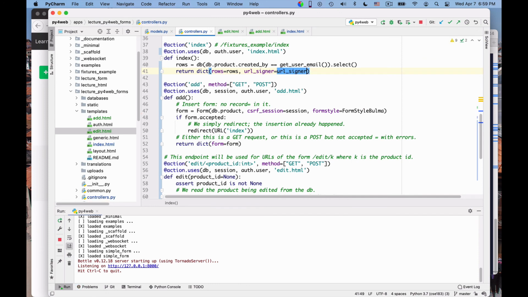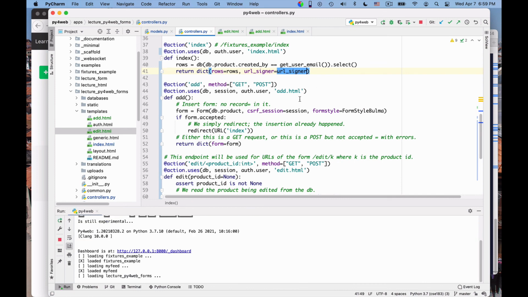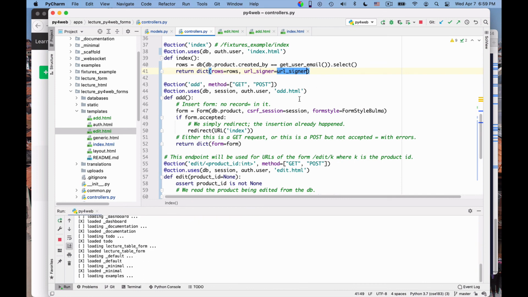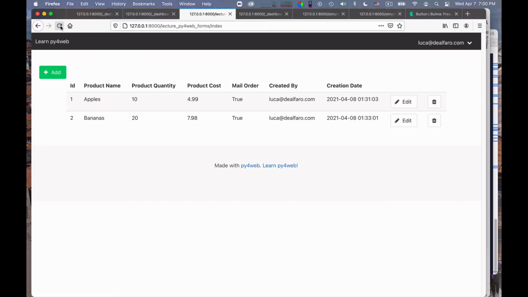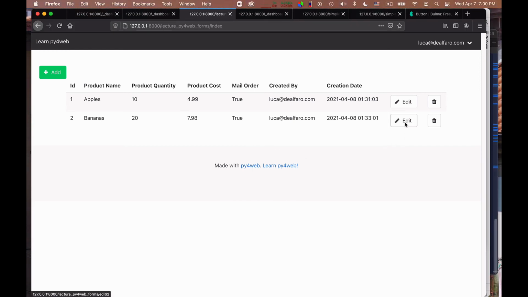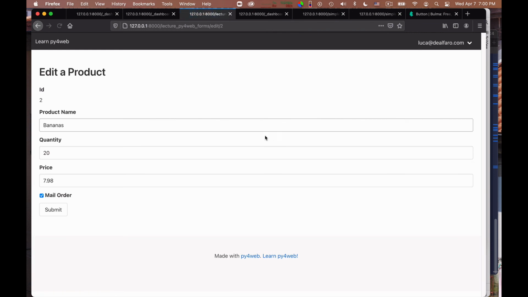Okay, let me see whether this works first. Well, I have to reload. Okay, so if I reload this page, yes, it works. And now this URL is simple, because this URL just takes me to a form. I need to protect the form, but not the URL per se.